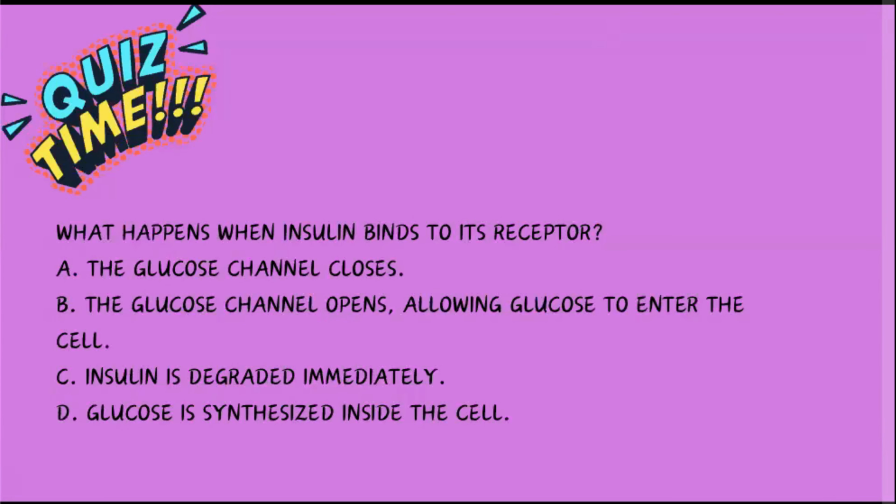The question states, what happens when insulin binds to its receptor? Does it A, glucose channel closes, B, the glucose channel opens, allowing glucose to enter the cell? Answer choice C, insulin is degraded immediately, or answer choice D, glucose is synthesized inside the cell. Based on what we learned, the best answer choice is B, the glucose channel opens, allowing glucose to enter